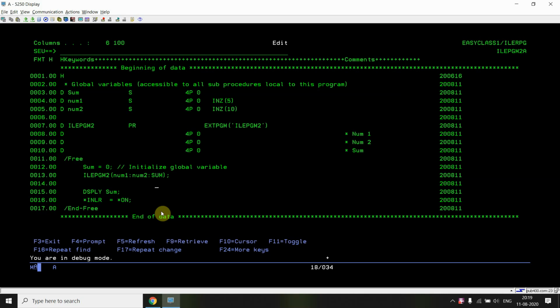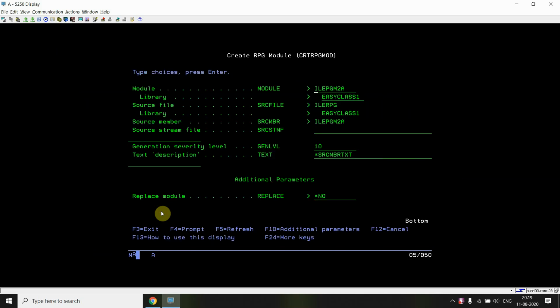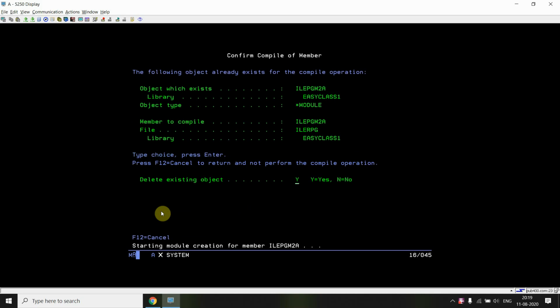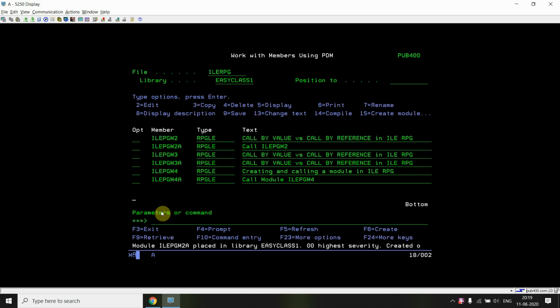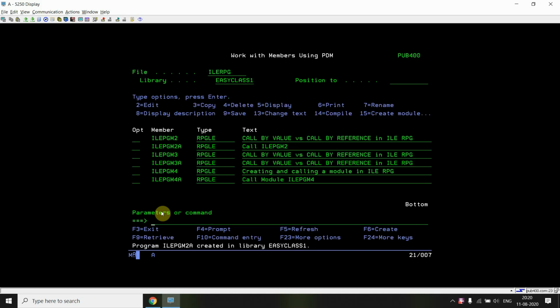Okay, now for example, here we can see that this is the call by reference approach. So I'm just compiling this also. I'm creating the module first. So the module is created. Now I'll be creating the program for that. You can see that I'm not binding anything here because I'm calling a program from this program.